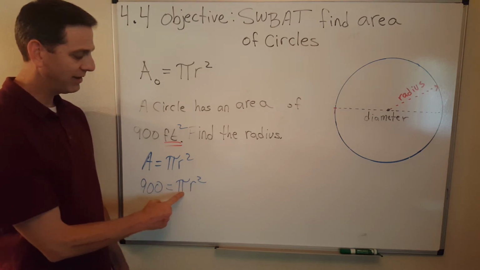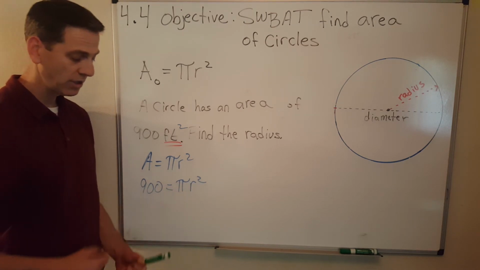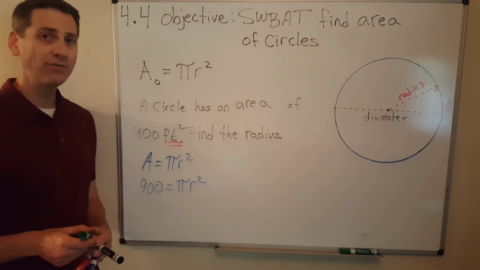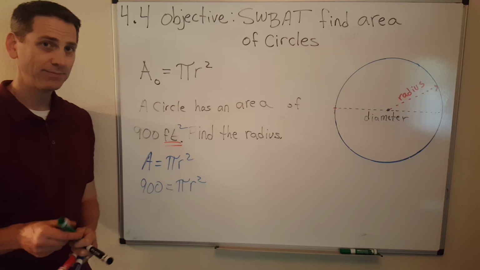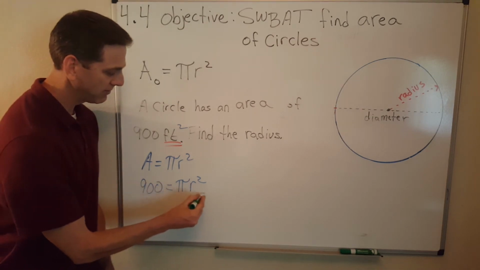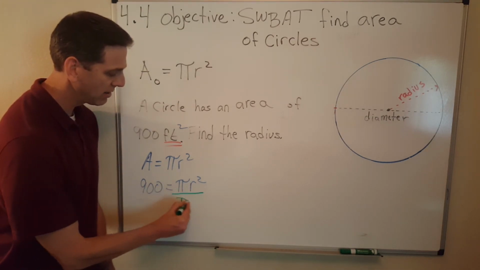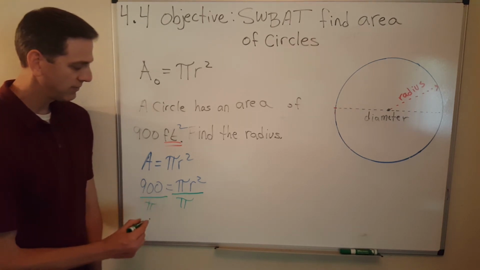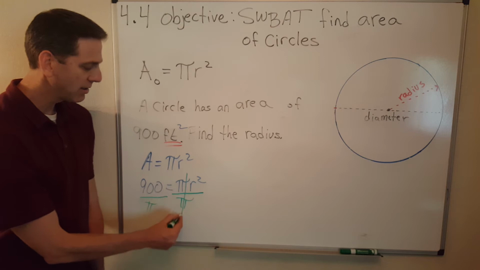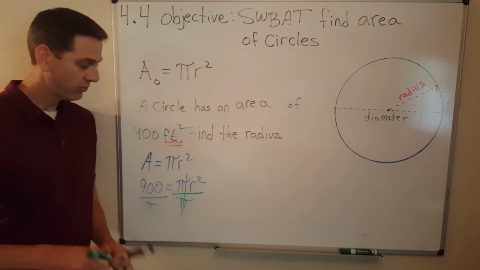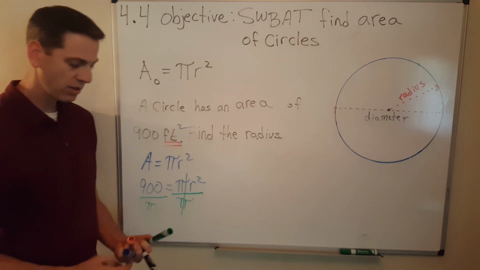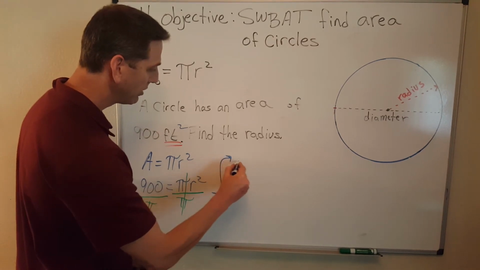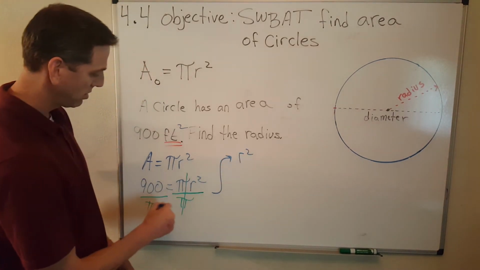So that means I need to get rid of the pi first, don't I? This is pi times r squared. Well, what's the inverse of times? Division. You got it. So I'm going to divide by pi on both sides. Pi divided by pi is 1, so I get 1r squared equals, let's put this over here, so I get r squared equals